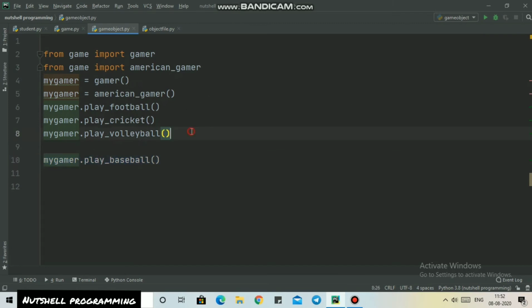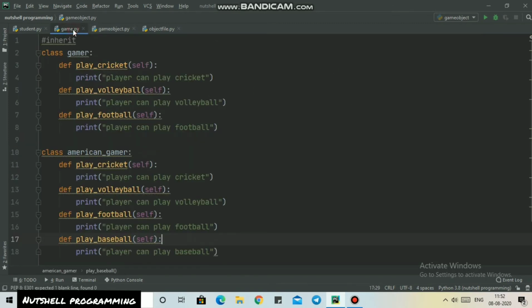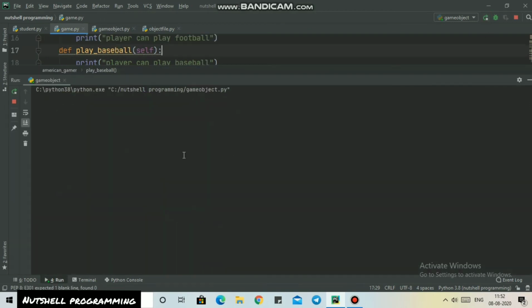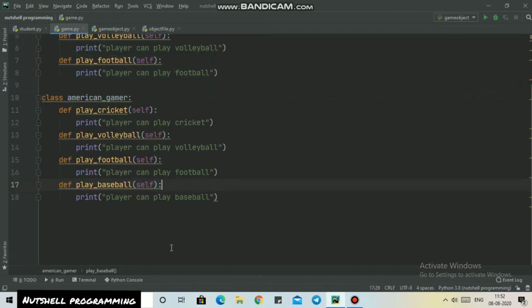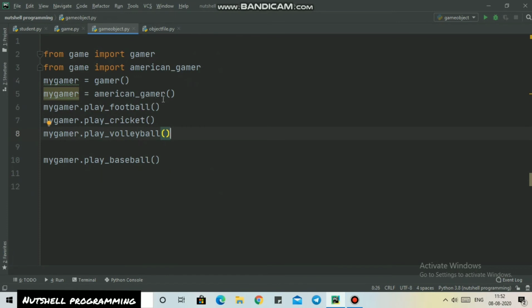I'm going to run this program and let's see if these 2 classes are connected with our same object or not. So let's play this. Okay, you can see player can play football, player can play cricket, player can play volleyball and player can also play baseball.